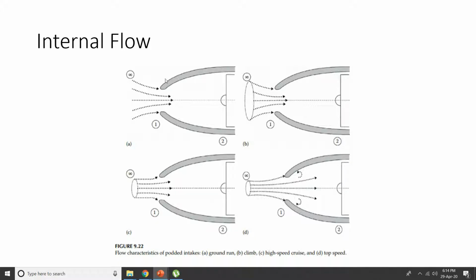I'll repeat: during landing or takeoff, the mass flow rate you need, or the thrust you need to generate, is very huge, as opposed to the thrust that you need at high altitudes. So the fixed inlet would be designed for cruise conditions because the airplane spends the maximum amount of time in cruise conditions. To satisfy that, the inlet will be designed so that it can have the optimal mass flow rate to operate at that speed. Okay, so this is about the variation of capture area during flight conditions.